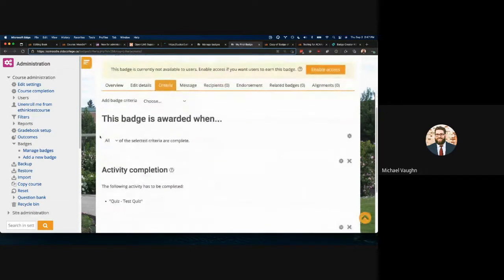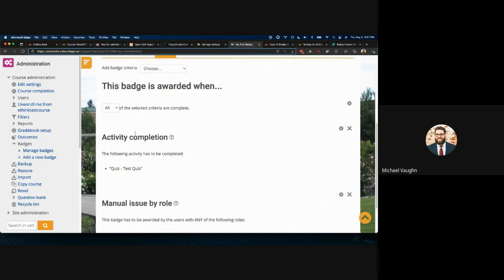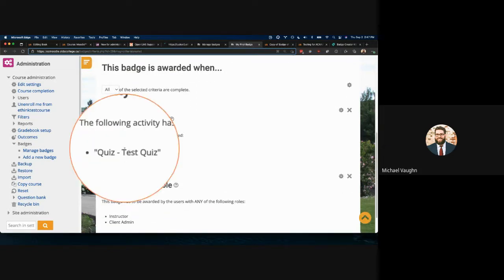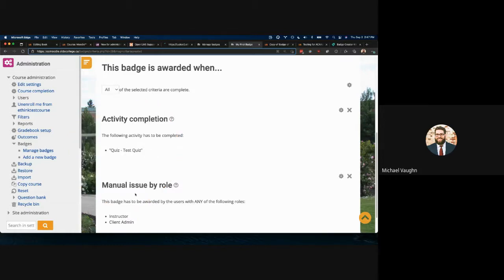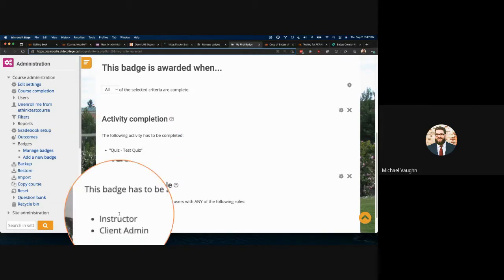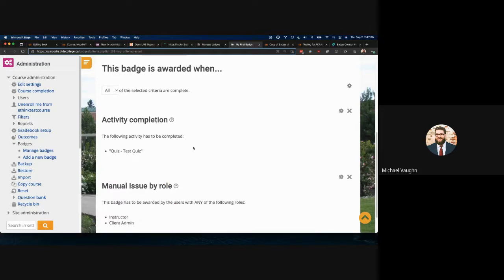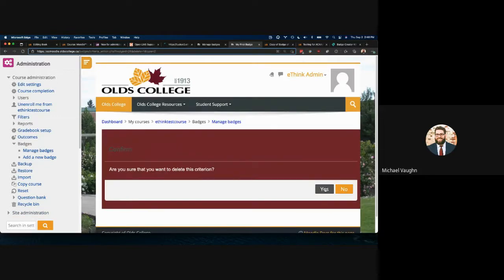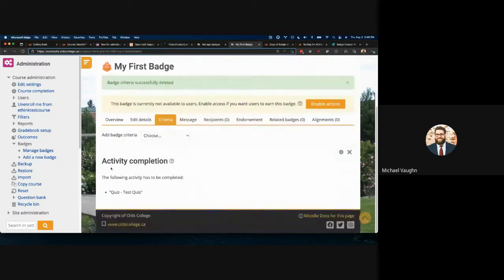And that's my criteria. So I can see I have multiple bits of criteria. I have my activity completion here. So to earn this badge, they have to complete quiz, test quiz, and it has to be issued by the instructor or client admin. So those 2 things have to be true for the badge to be issued. I'll actually go ahead and remove the manual issue by role. I don't know that we necessarily need that one because we already have the activity completion in here. And